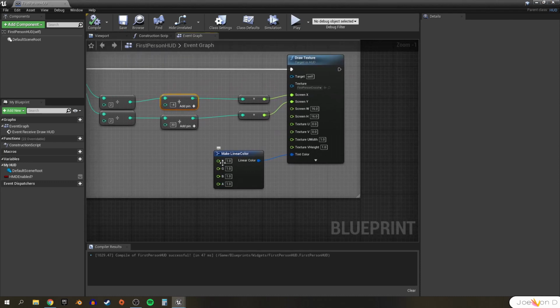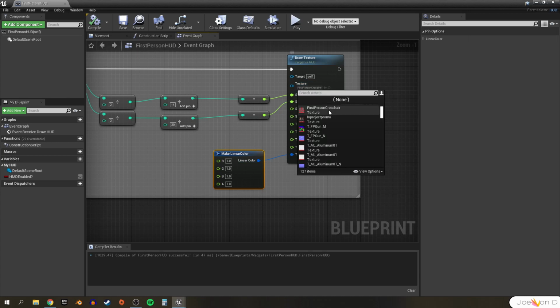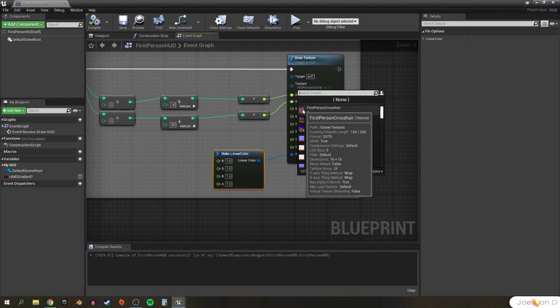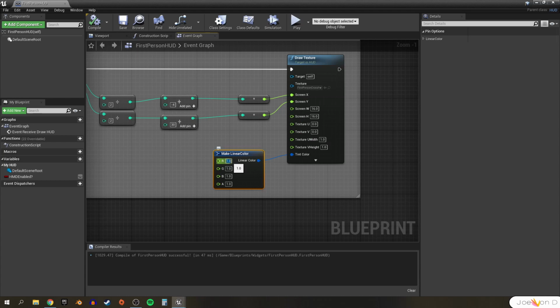Also, we can scroll over to our tint color and change the tint of our crosshairs here if we'd like. Unfortunately, if we expand this, we can see our texture for our first-person crosshair is red. So your tint may come out strange if you change these values to something like a pure green. That's why I generally recommend using white for your textures, so that if you change the tint in Editor, the tint will accurately reflect the on-screen color for the texture.